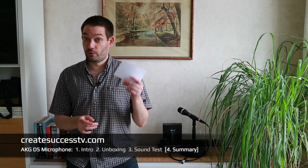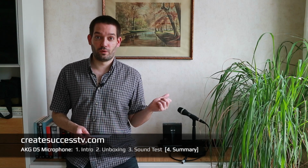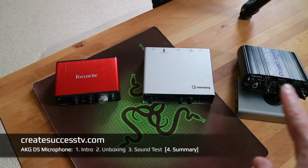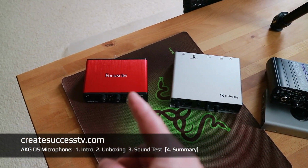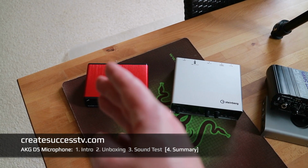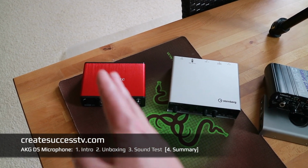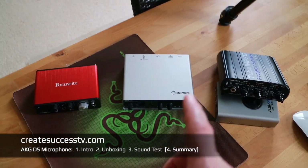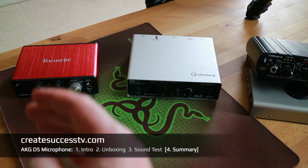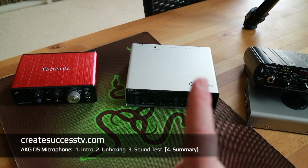And guys, I just looked at the footage and listened to it and took some notes, and from all I can see, this microphone seems to be a good all-around microphone, because it's really surprising how well it functioned with all of these 3 devices. The Focusrite, I think the microphone input on the Focusrite is a little bit more sensitive, so that played pretty well. Supercardioid AKG microphone also tends to be a little bit more sensitive than my standard Shure, so that played well. With the Steinberg, I know the Steinberg uses these D3 preamplifiers, but from all my testing of different microphones on these devices, the D3 was a little bit less sensitive than the Focusrite, but the Steinberg sounded very nice